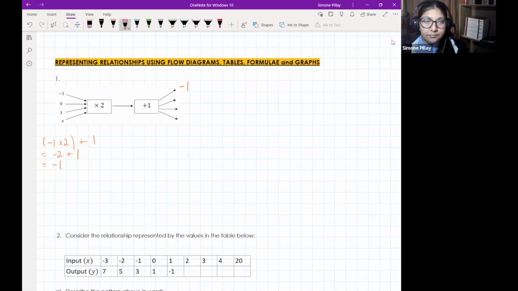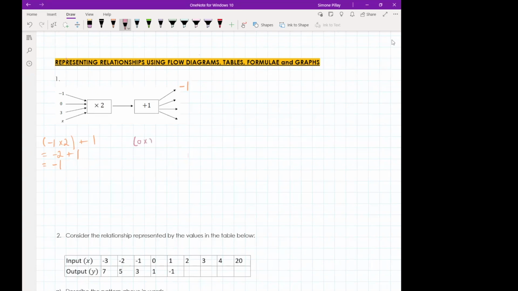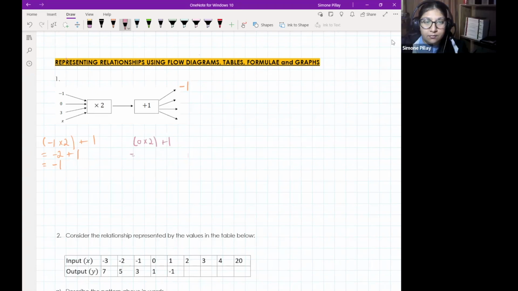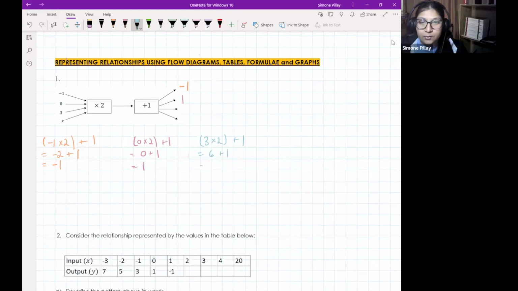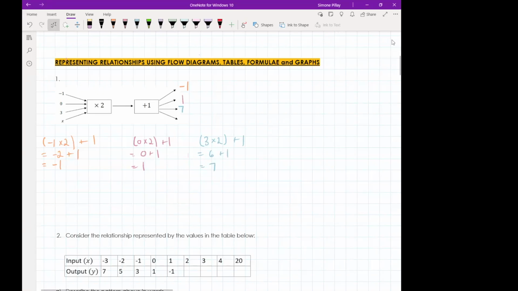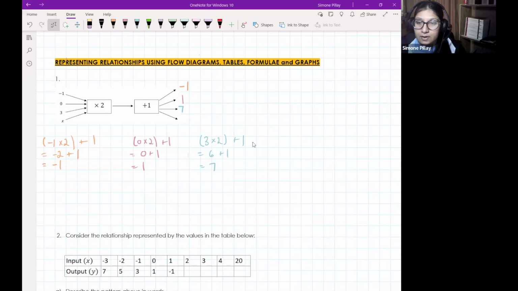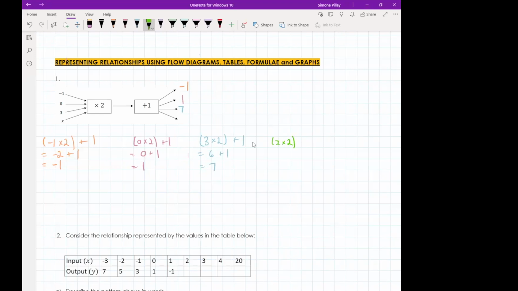What's next? The next one's going to be 0 times 2, which is 0, plus 1, which is 1. 100%. Next one. 3 times 2 is 6, plus 1, which is 7. Great stuff. And last. So x times 2 is x squared. No. x times 2 is 2x, plus 1